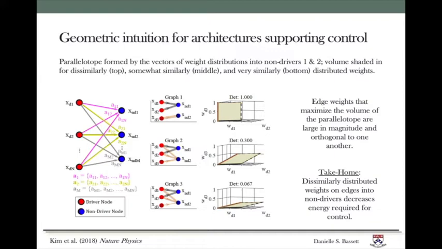So this sort of interdigitation of connections from the driver nodes to the non-driver nodes makes the control a lot harder. And that is illustrated in the difference in the volume of the parallelotopes here. So what this suggests is that dissimilarly distributed weights on the edges into the non-drivers decreases the energy that is required for control. And that gives us an intuition for what it is about structure that provides a constraint on